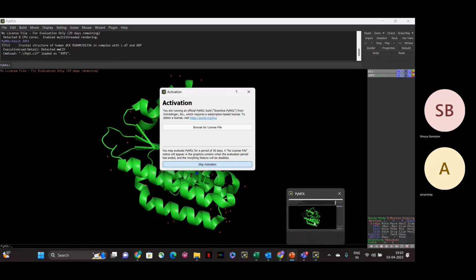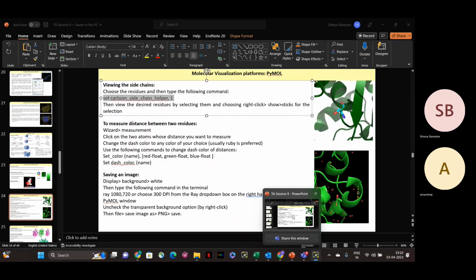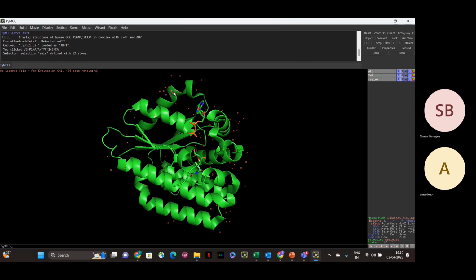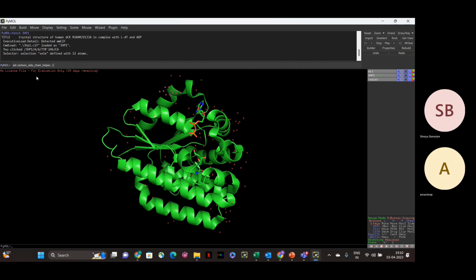One thing you have to do is you have to first choose the residue. So if you can see at the right hand side of this slide, it is written selecting residues. That means it is now in selecting residue mode. So suppose I choose a random residue. I have chosen this residue, and then I will type this command. Once you have done that,